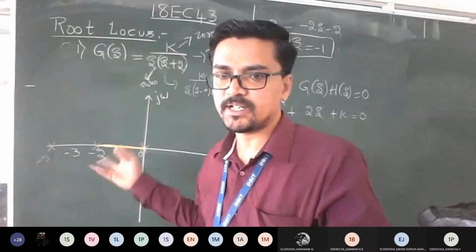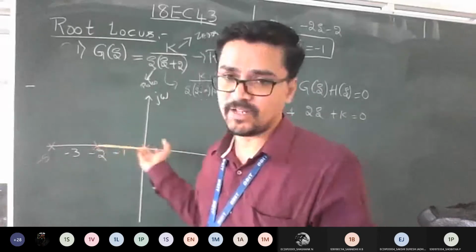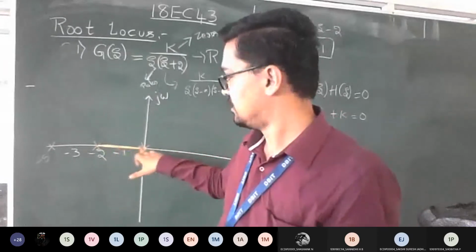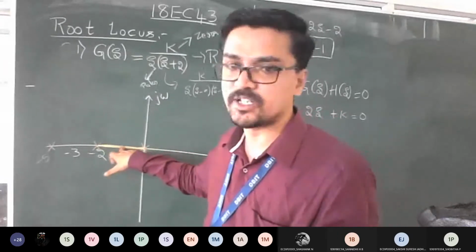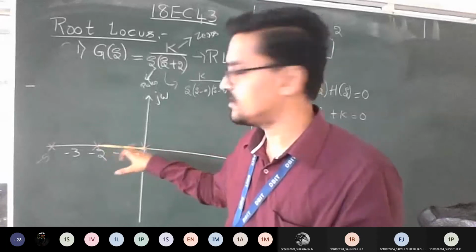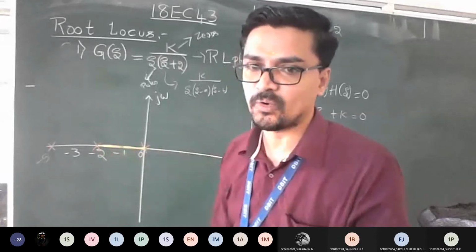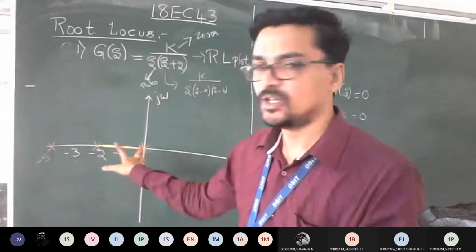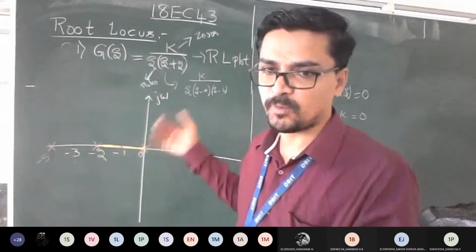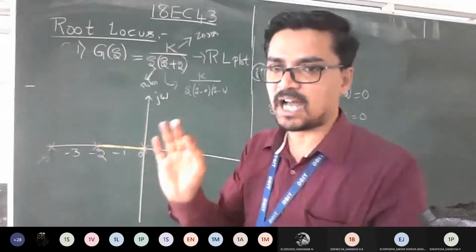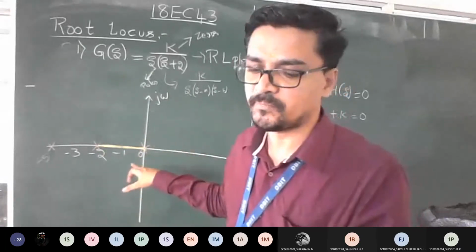In this problem there is no zero, that's why we have interlinked the two poles themselves. In between, assume that there was one zero, then from this pole to this zero I should mark. That is the meaning. Since here nothing is there, we have treated it as one line of root locus which joins two poles. As the problems progress, you will come to know how to plot this.